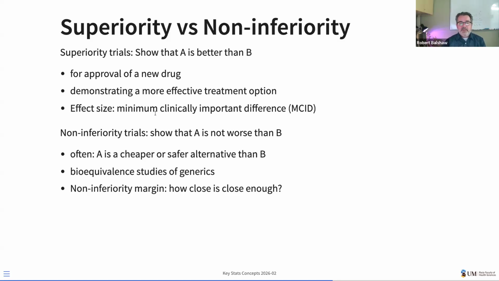And one of the key parts of the discussion that comes up when we're planning is, what's the effect size, which will help us establish what is the appropriate sample size that's going to be in play. But the effect size in this case is going to be about what's the smallest difference in the thing that we're going to measure, the estimand, that is clinically important. If we can establish what is the smallest clinically important difference, the MCID, then we'll have most of the information we need in order to evaluate a sample size.